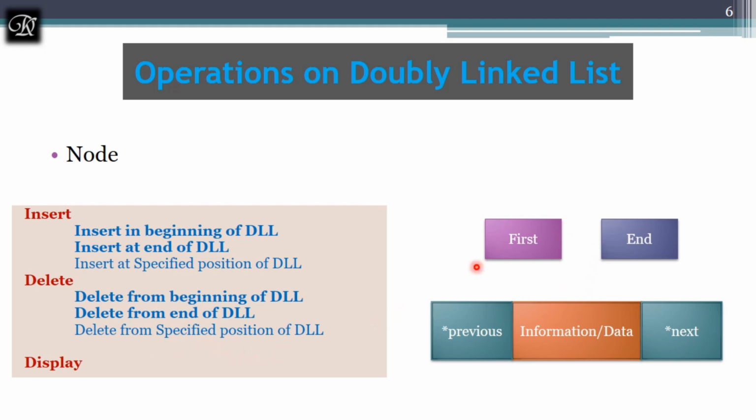And over here you can see, as in your singly linked list, we have a head in the single linked list. That is the pointer which points to the first node of the linked list. So I am going to rename it here as first, and end is going to point to the end node of the list. So I have taken two pointers over here to point to the nodes in the given linked list. And this is the node I'm going to create.